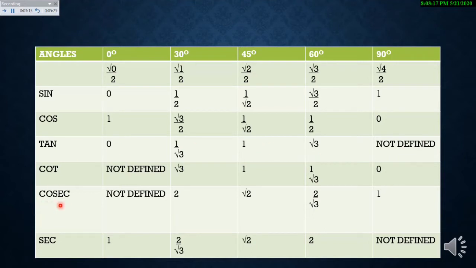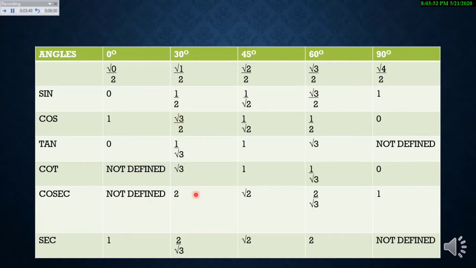Now cosecant. What is cosecant? It is the reverse of sine. Cosecant theta equals 1 by sine theta. So 0 is 0 by 1. We have ignored 1 here, but it is 0 by 1. So it becomes 1 by 0 here. It becomes 1 by 0, or you can take it as we have written here, 2 by 0 also, but 0 in the denominator gives us the value not defined only, because 0 can't divide any number.